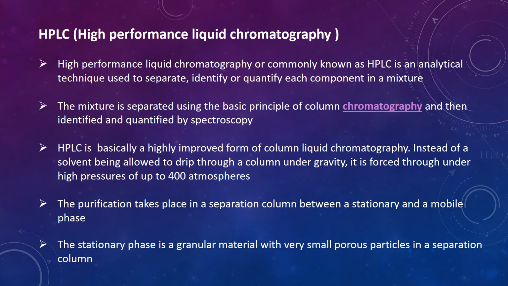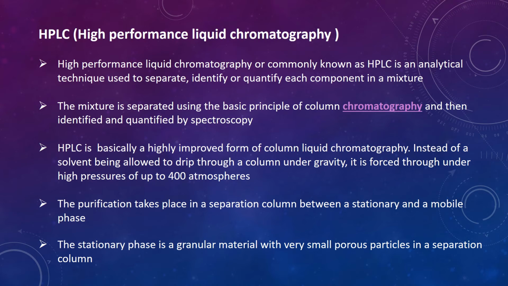Now moving on to the most industrially important chromatography technique, that is HPLC, high performance liquid chromatography. HPLC is an analytical technique that is used to separate, identify and quantify each component in a mixture. The main principle behind HPLC is that the sample to be analyzed is introduced in a small volume to the stream of mobile phase and is retarded by specific chemical or physical interaction with the stationary phase as it travels the length of the column, and the amount of retardation depends on the nature of the analyte, the stationary phase and the mobile phase composition.